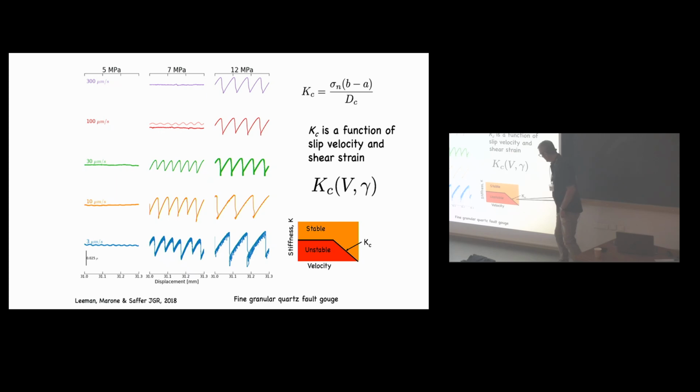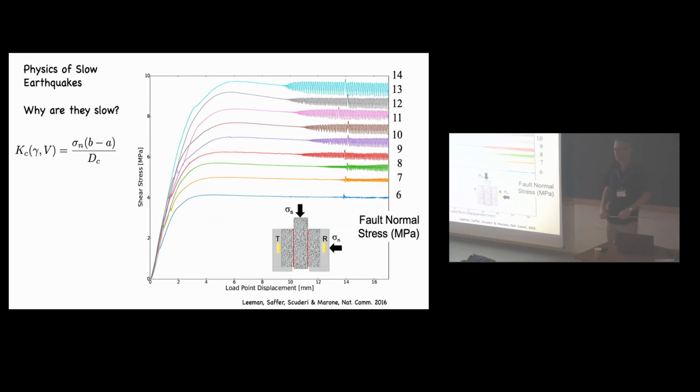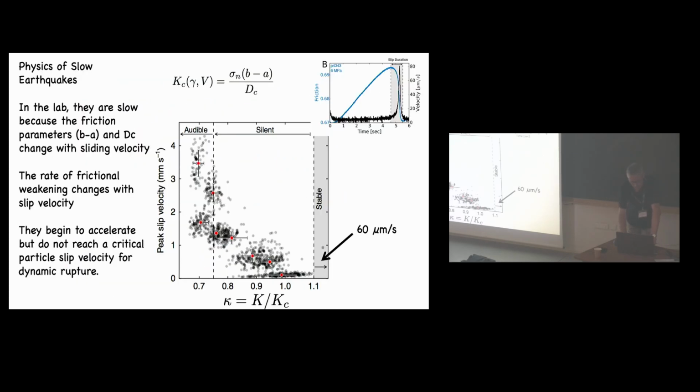So you can see that transition in a range of ways right here. These are data from John Lehman's paper, because he showed as a function of normal stress the way this transition occurs from stable to unstable behavior, and how to think about it in terms of the instability criteria. He showed also